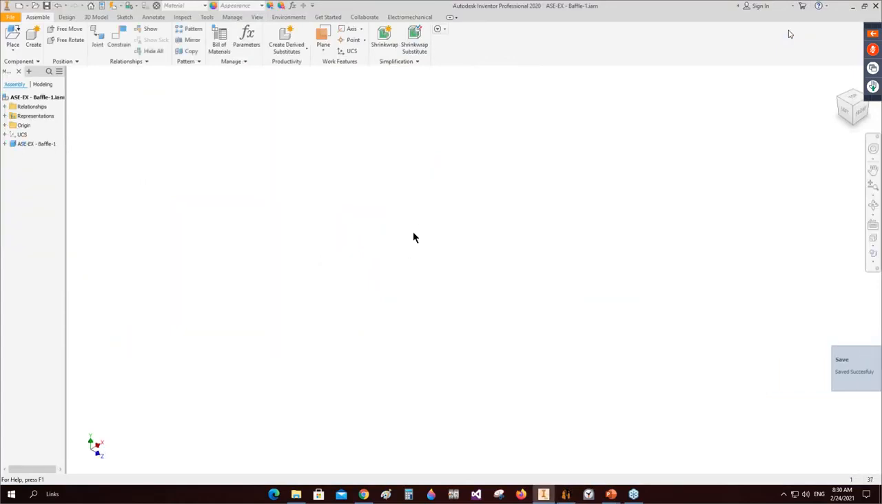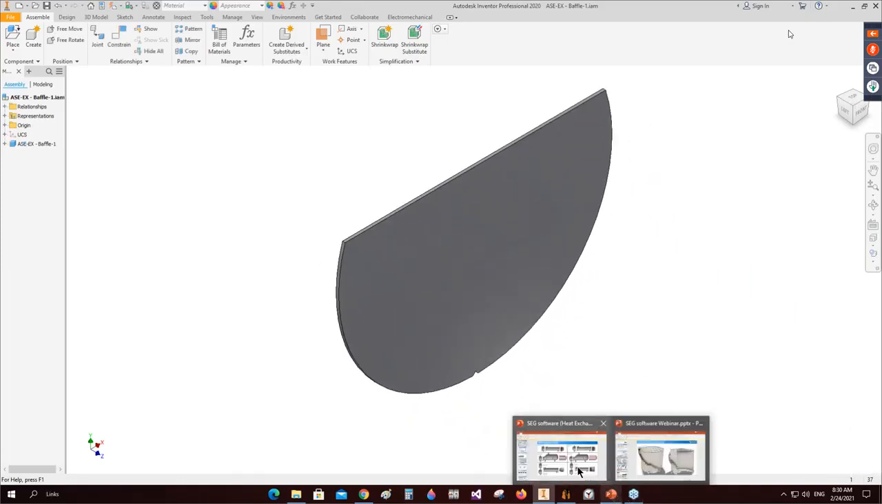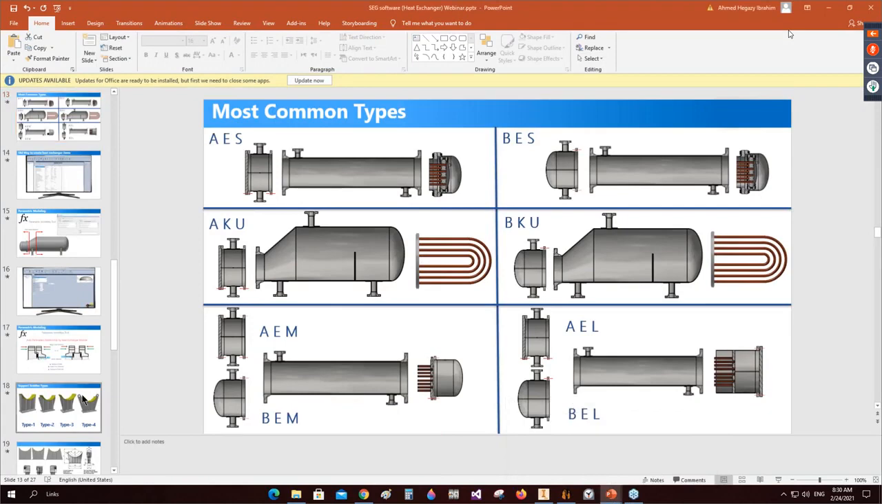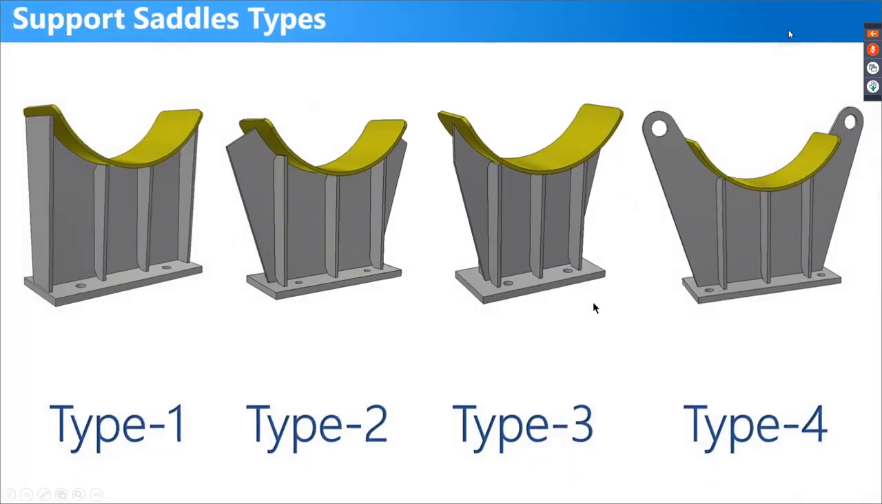Okay, now we will make the arrangement of the tube bundle. And during that, we will discuss some customization of elements like the support saddle. In this software, we support